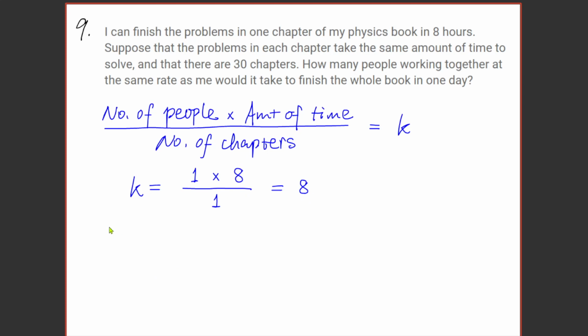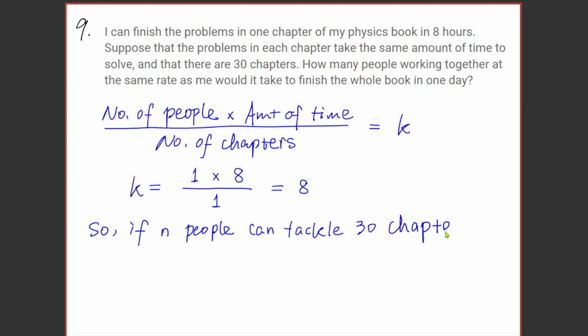So if n people can tackle 30 chapters in 24 hours,